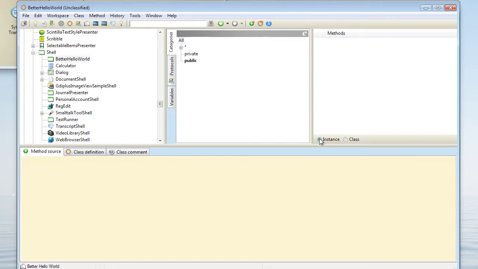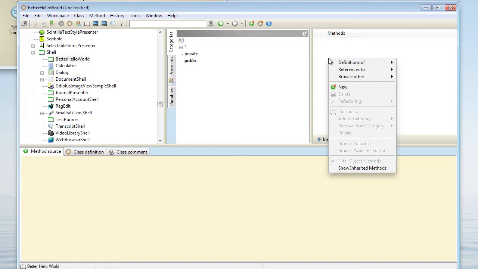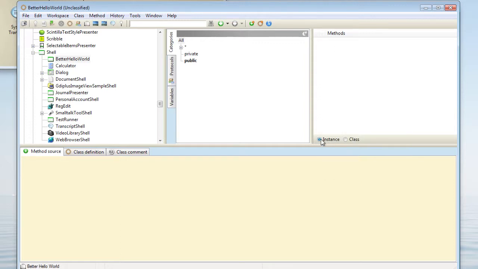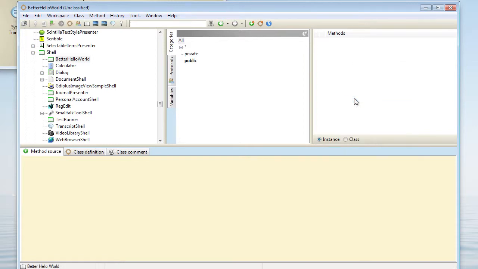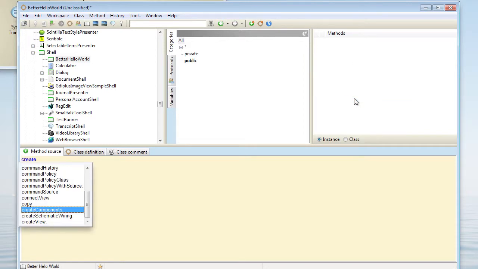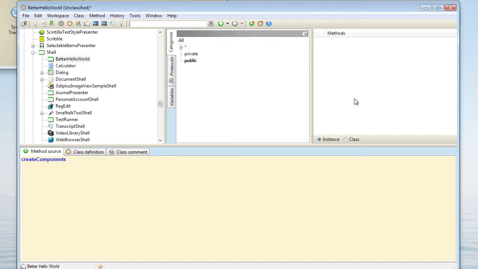Now what we want to do is create another sub-presenter inside our shell, which is going to be able to display text. And the way we do this is by using a text presenter. So inside on the instance side of our Better Hello World class, we're going to create a new method called create components. Every composite presenter, one that's composed of other presenters, will always have a create components method. You should